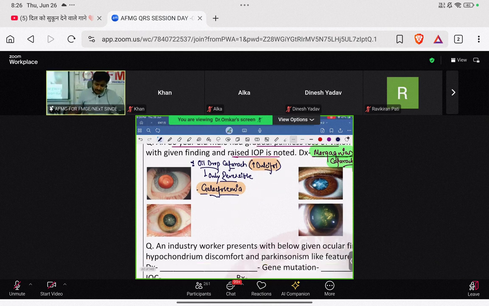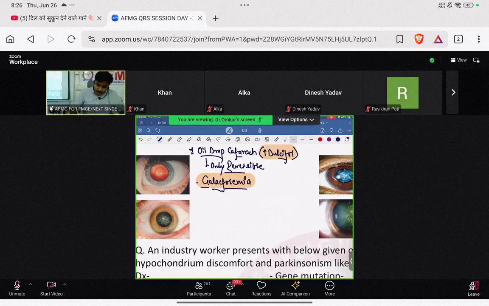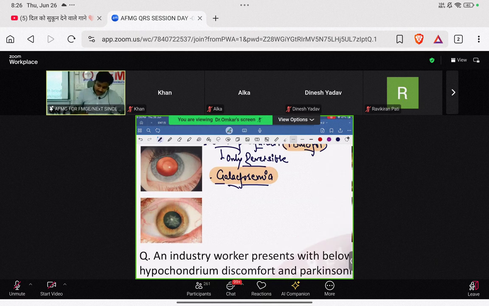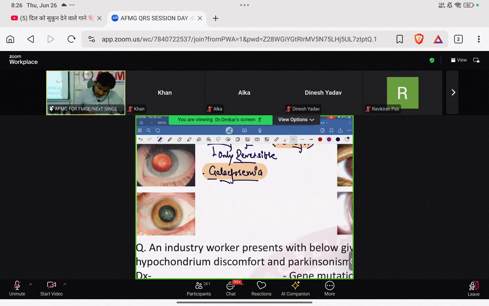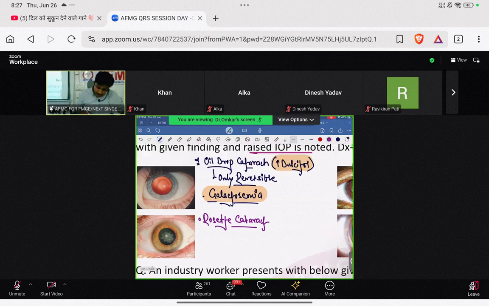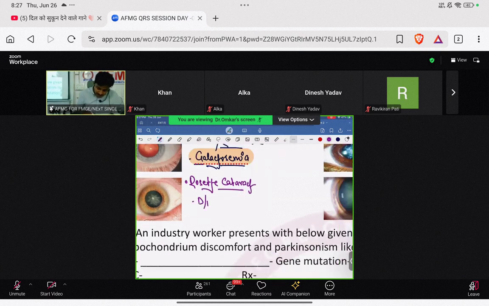Clear about this? Next important is another picture. A favorite question of the FMG exam. What is seen here? A classical rosette cataract is going to be seen, beta. A petal-like shape is seen, right? And we know rosette cataract happens due to blunt or penetrating trauma. So we know that rosette cataract happens basically due to blunt trauma to the eyeball.